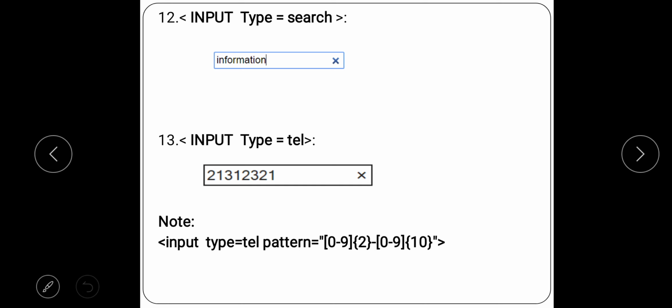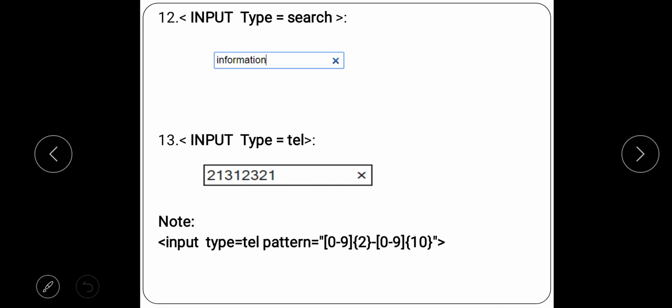How many digits do you want for the country code? You want 2 digits. That is why in the square bracket we give the range, and in the curly braces you give the total digits. So for our country code it is 2 digits and the range is from 0 to 9. So the country code can be 01, 02, 12, 19, 99, 91, anything, any combination.